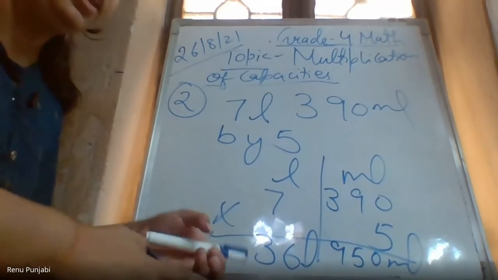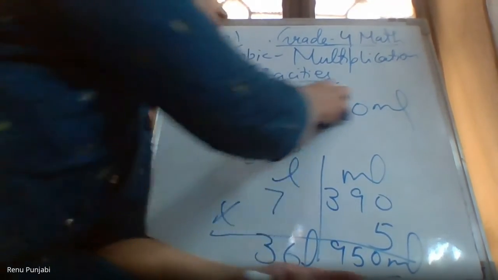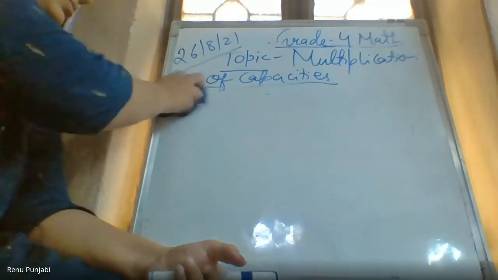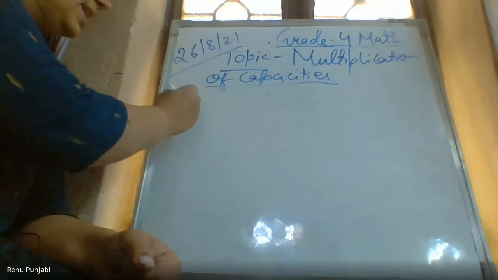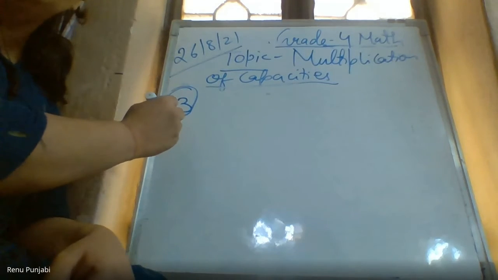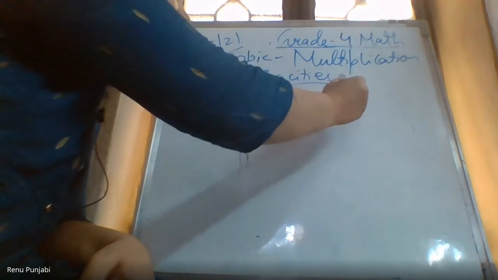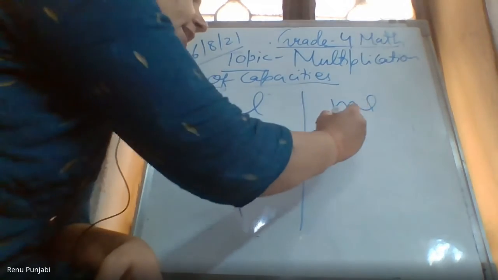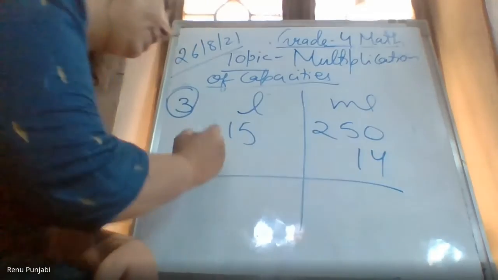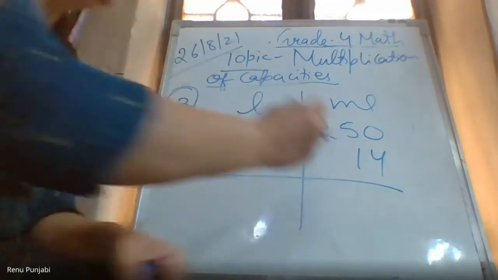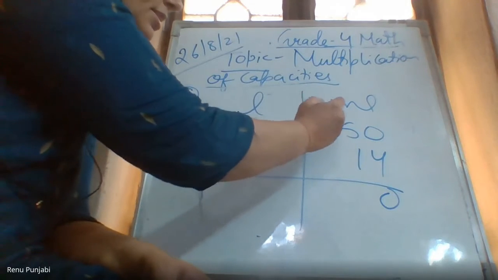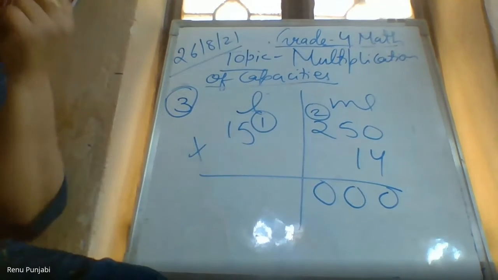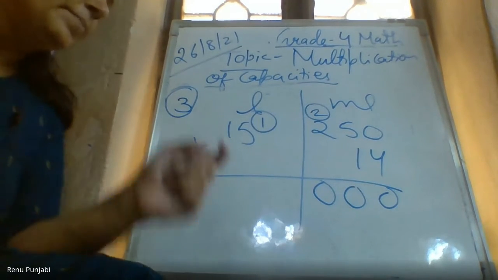Sorry to interrupt. This is a very good sum because it's a 2-digit multiplication. So better I will write it here on the board so everyone can complete this and write this. See, as Vedant told, this is the third sum. Please write down in your notebooks. Vedant is telling there is 15 liter is the capacity and 250 milliliter. So what is the capacity of total 14 containers? So he said 4 zeros are 0, 4 5s are 20, 4 2s are 8, 9, 10. One will be carried forward, till here he told. Now continue please, Vedant.